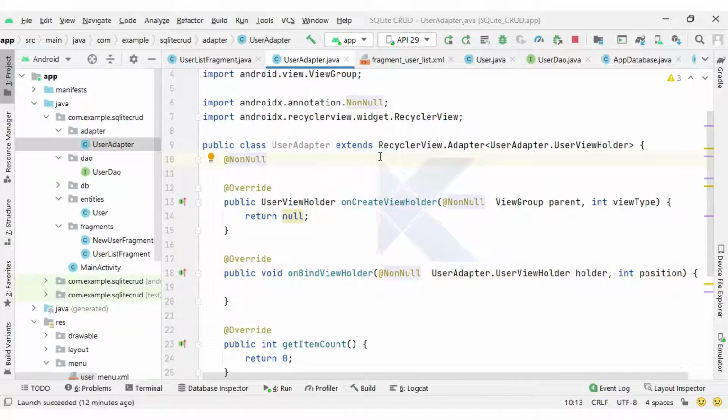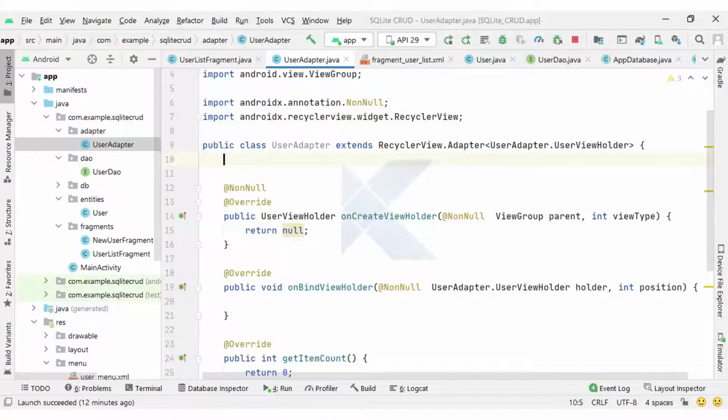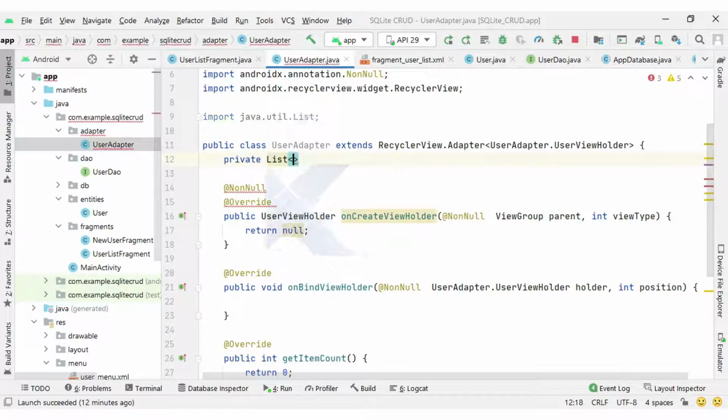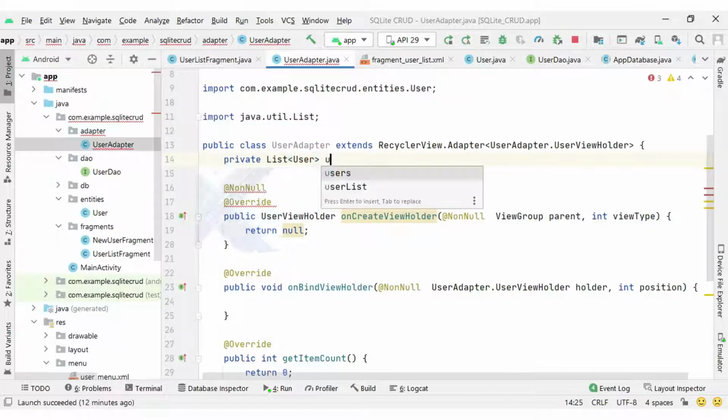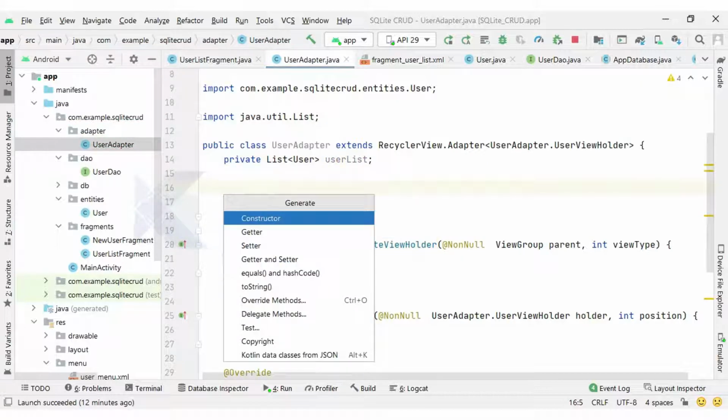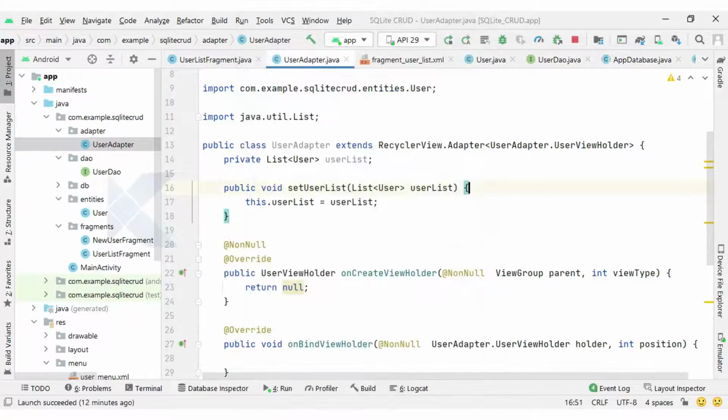Inside the adapter class we need to create one private field list of user, because we will have this list of user from our fragment. So user list I have ready, and next I will create one setter method.